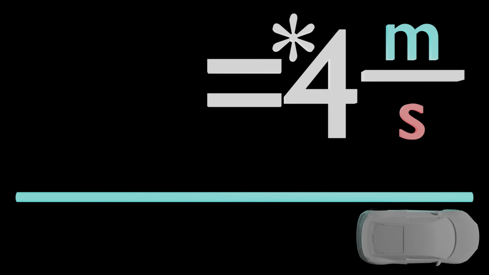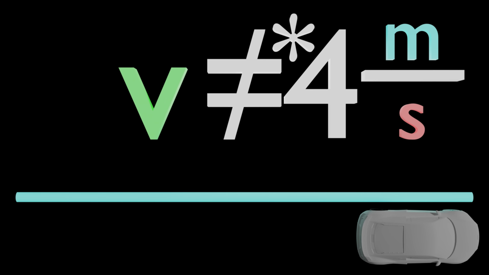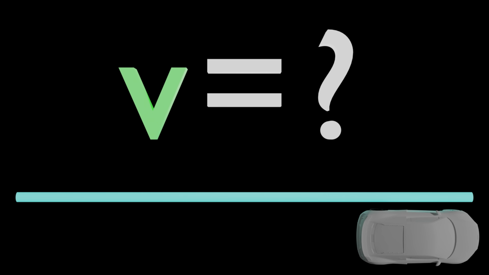That's how we usually do it in classical mechanics. Why do I say usually? Well, it's because, as with everything, there is an asterisk, because this is not equal to the velocity. This is equal to the average velocity.